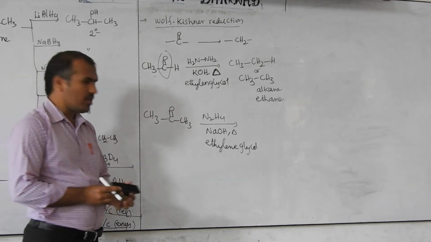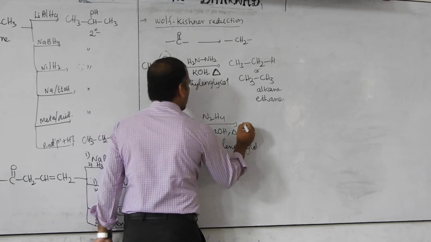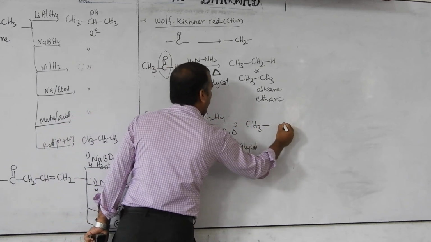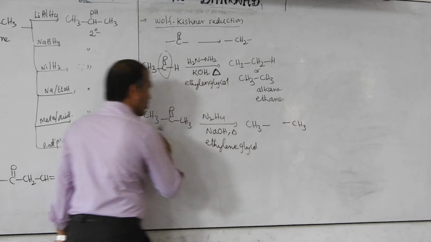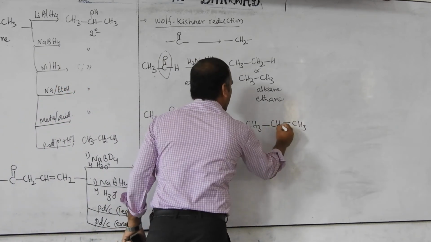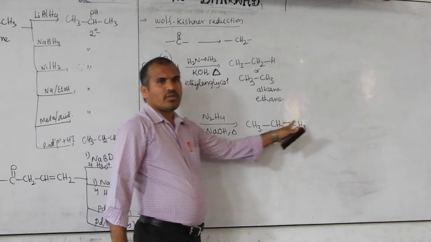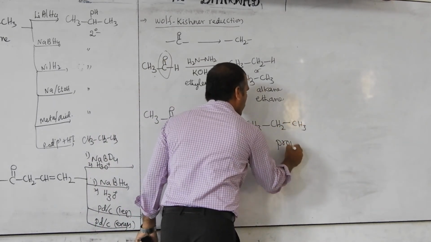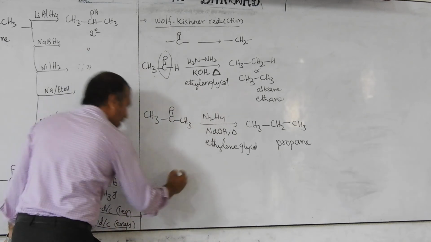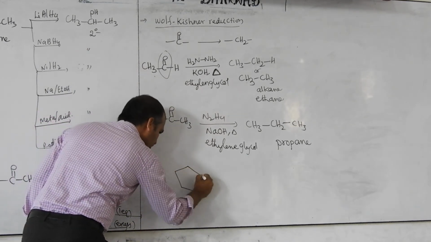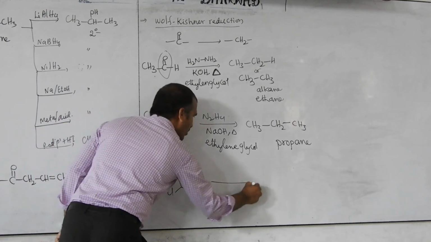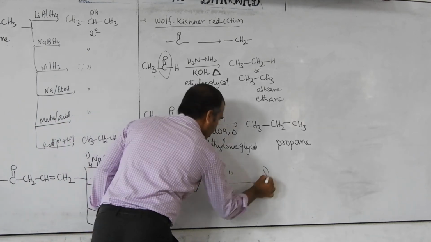Studied in the Malcolm chapter. Now, see CH3, CH3 on both sides. The C double bond O is going to which form? CH2. What is the name of this compound? Propane. Now the twist. Here the twist is the double bond O, Cl with the same reagent. What is the product?